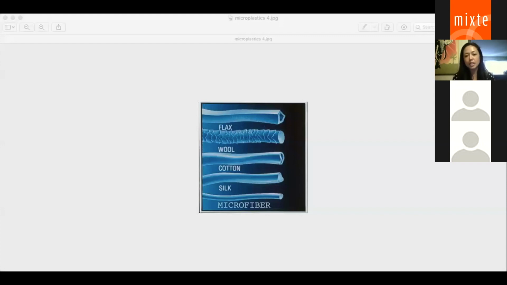So this is an example of different types of natural and organic clothing material versus a microfiber at the bottom. So other synthetic materials that are super common and comfortable to wear are going to be polyester, nylon, rayon, spandex, leggings. I love leggings. Leggings are my favorite, but unfortunately,